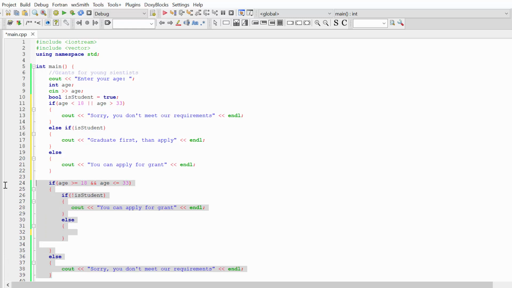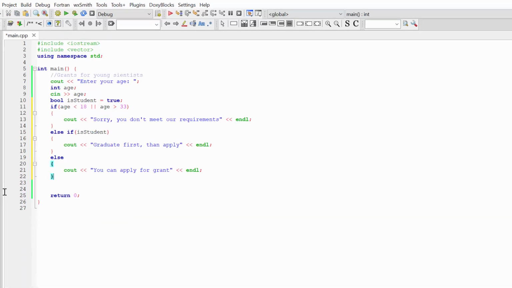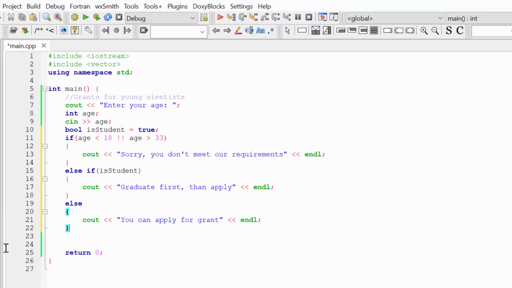Now let's remove this outdated code, and you can see the result. Now instead of nested if-else, instead of if-else inside of if-else, and so on and so on, we have code that is very easy to understand. If your age is not acceptable, you have one outcome. If your age is acceptable but you're student, second outcome. And if your age is acceptable and you're not student, third outcome: you can apply for grant.